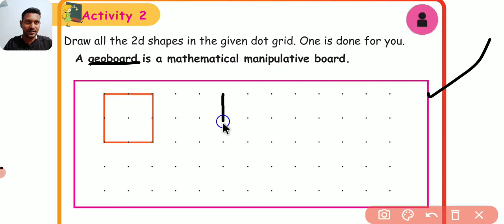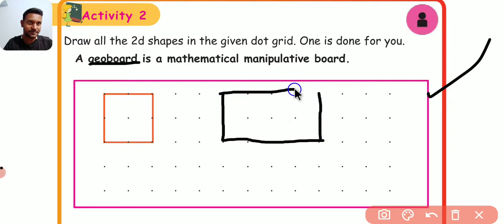Now I am going to draw one 2D shape, rectangle. I connect the dots, you see I connect the dots, rectangle. Next one, triangle, this dot, triangle. In this way you have to draw the 2D shapes, that's all. Next,